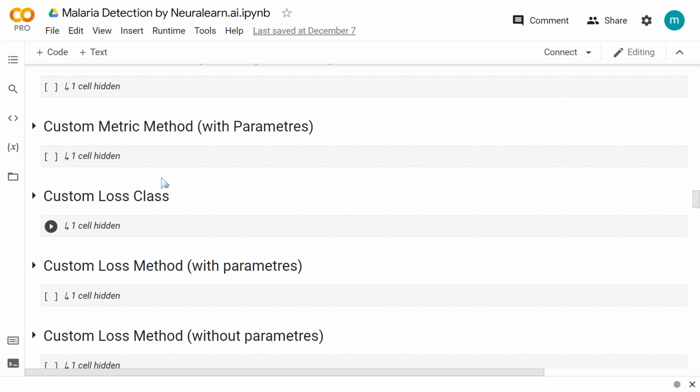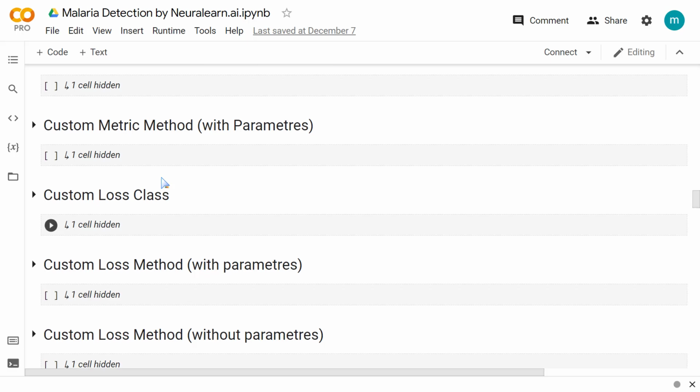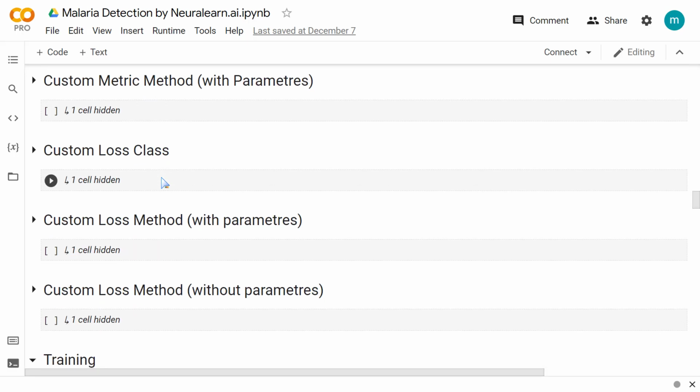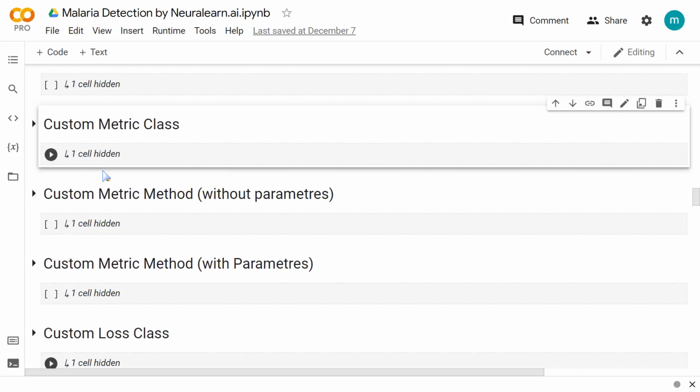Hello dear friends, and welcome to this new session in which we will be building custom losses and metrics. The first method we'll look at is building a custom loss method without parameters, the next with parameters, and finally we'll build a custom loss class. And then from here we'll go on to build custom metric method with parameters, custom metric method without parameters, and